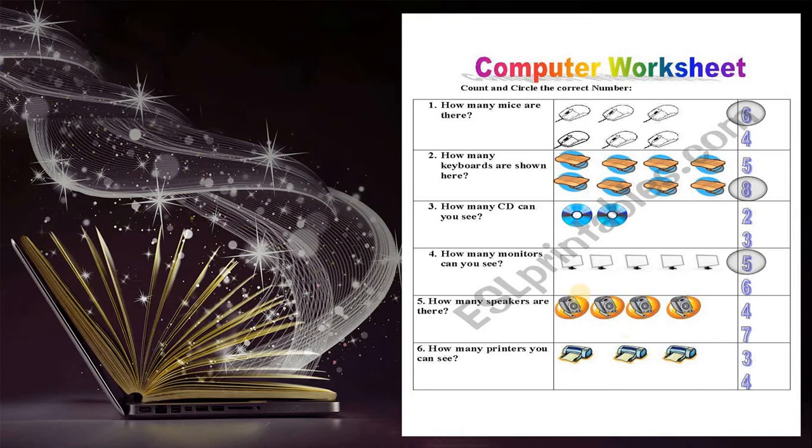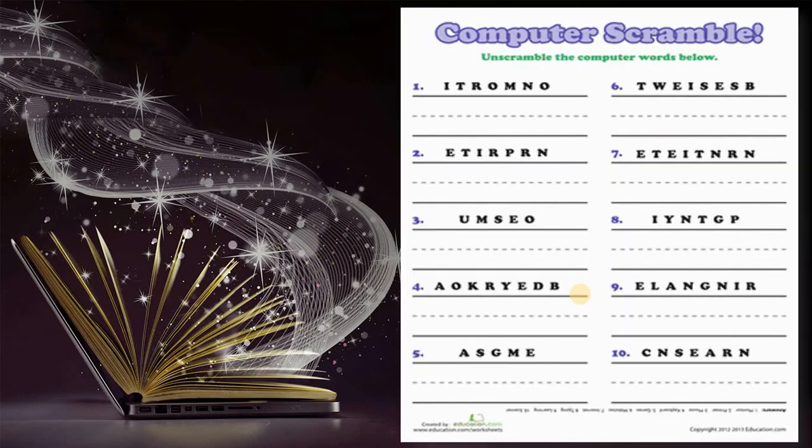Now see the next page, the next activity. Right? Now see, here are unscramble computer words below, and you have to unscramble them. It is another activity you have to do in your homework, but you have to give the answer in your activity lecture. This is your homework: finding these scrambled words, arranging them, and giving me the answer.